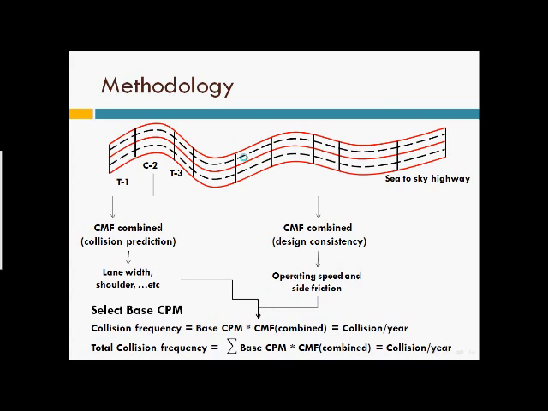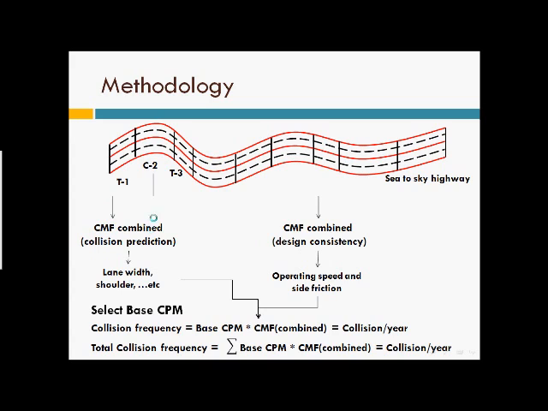If we consider that this is the project that we have, we can divide it into segments and give a name to the tangents and the curves. For each segment, we can get a CMF for the lane width and the shoulder, and we will talk about what these are, to get a collision modification factor: how much any change in the lane width can affect the collisions